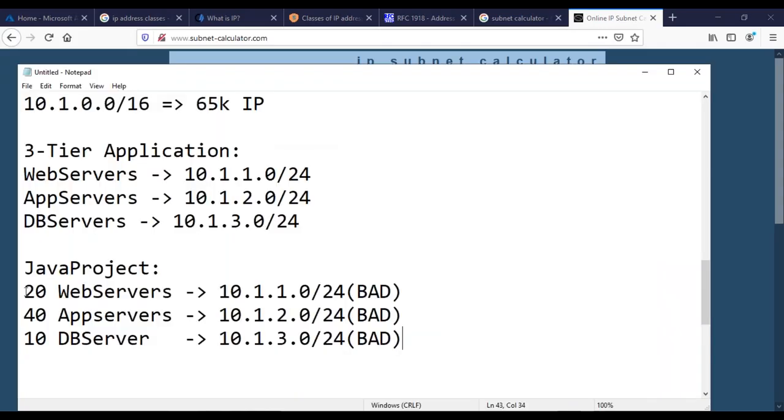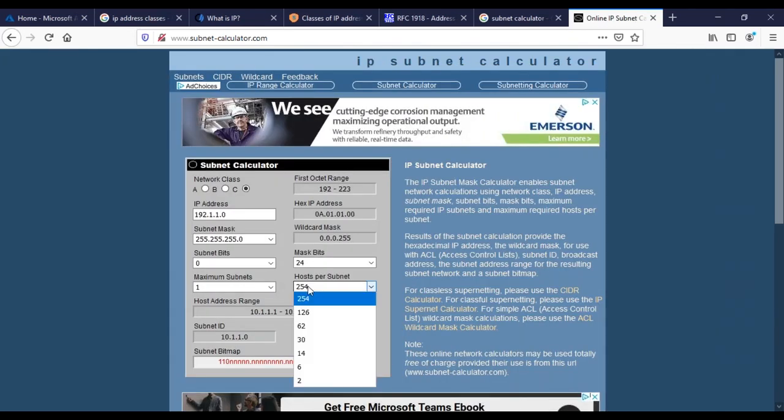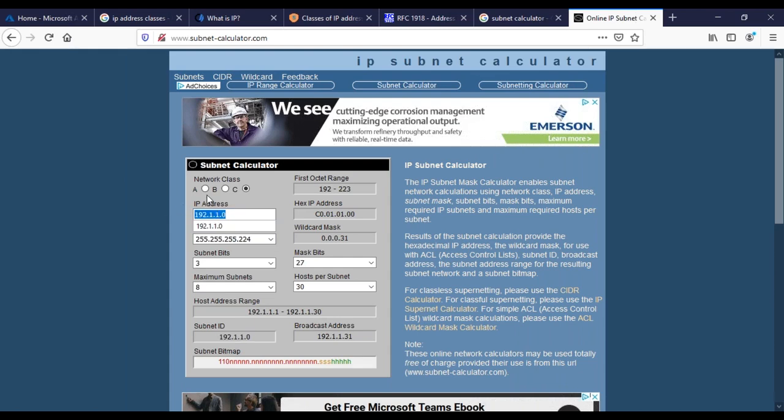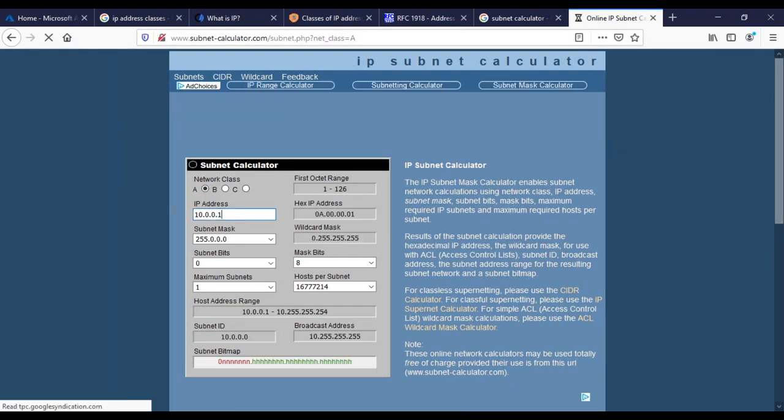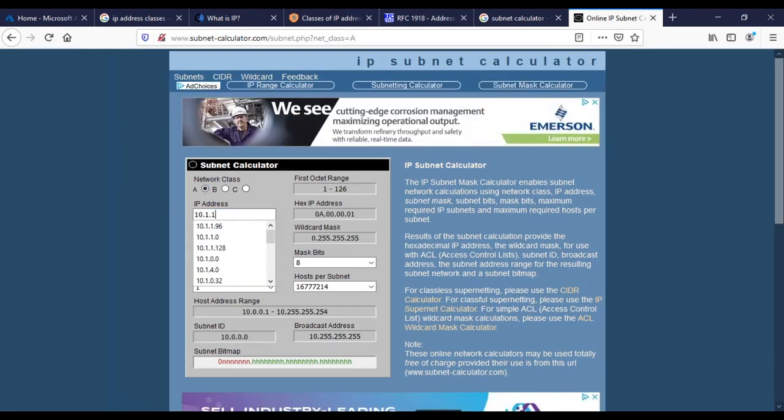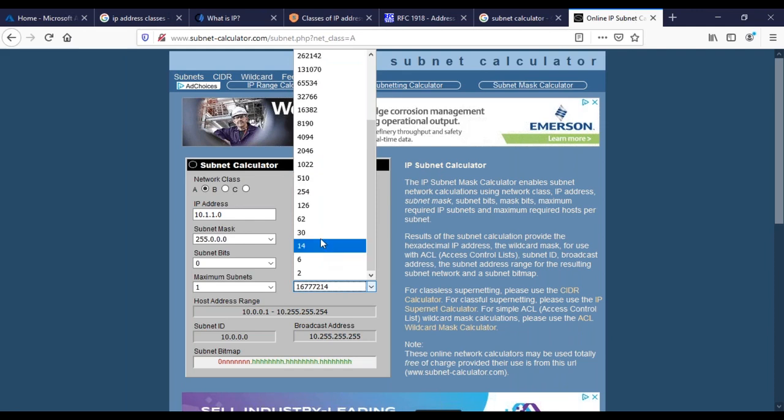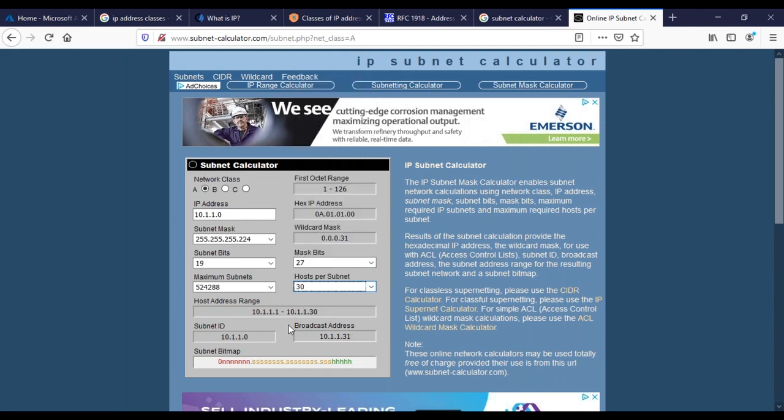The requirement is 20 web servers. Of course you can't get exactly 20, but what is the nearest to 20? 14 or 30? Of course it will be 30, so you're going to give 30. So then the IP range will be 192, sorry guys, it should be 10 dot. Let me select this one, my bad. I'm going to select 10.1.1.0, and I require something like 30 servers, and this is the IP range, guys.